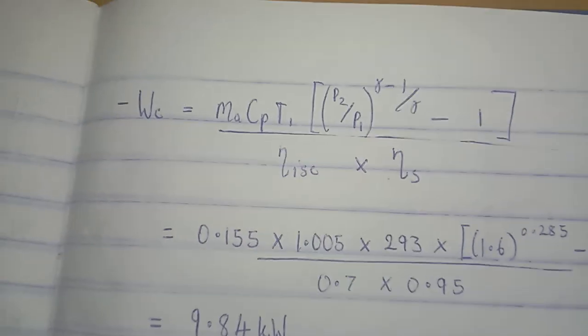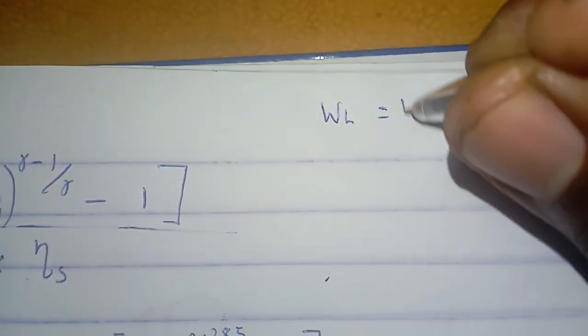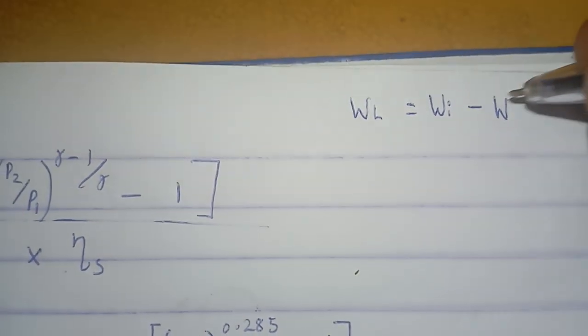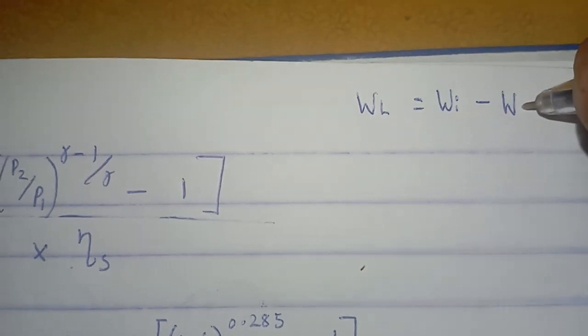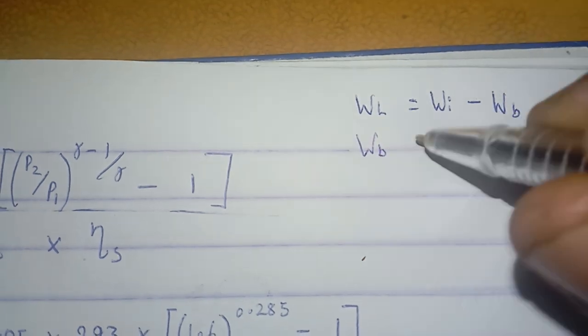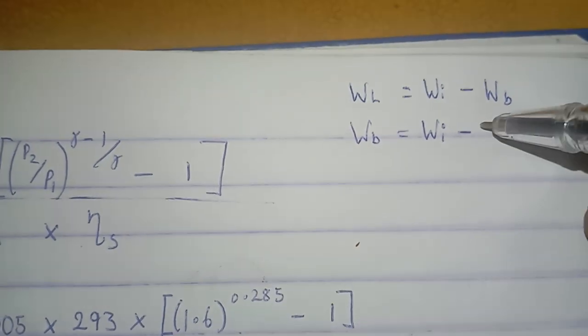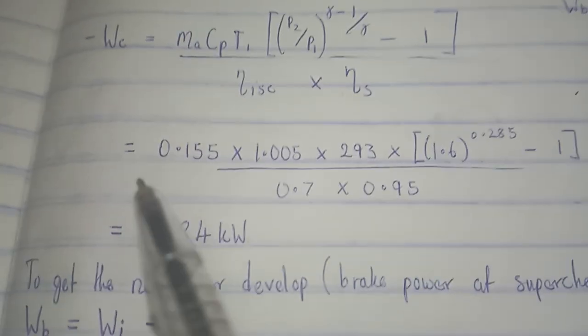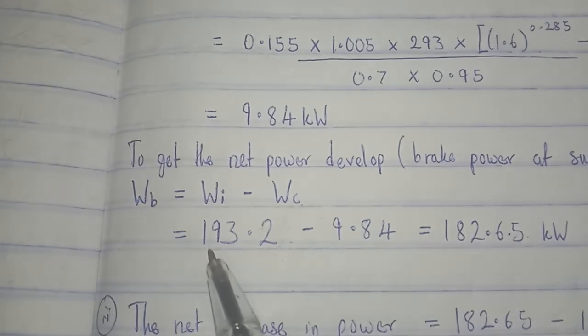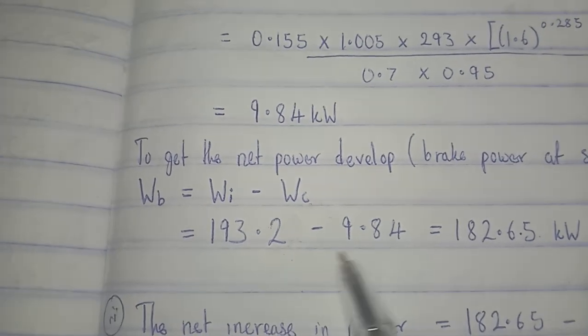So what we're going to do is recall this formula that I gave, that your mechanical losses are equal to your indicated power minus your brake power. This can also be written as your brake power is equal to your indicated power minus your mechanical losses. So like I said before, this is a loss, so to get our brake power is equal to indicated power minus that loss we got. So that is the indicated power at supercharging conditions we got, minus the loss at supercharging, to give you